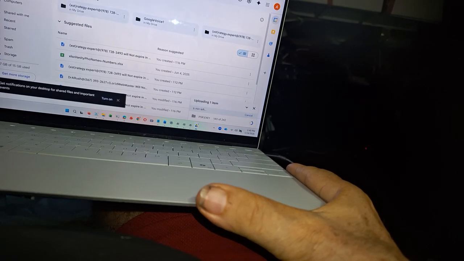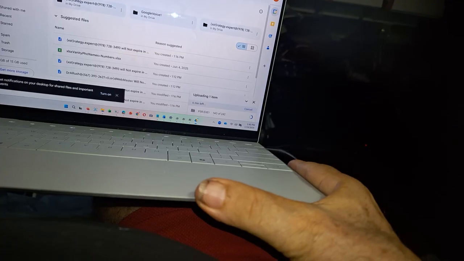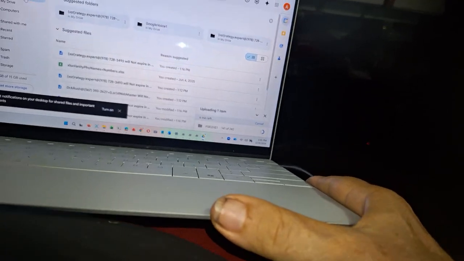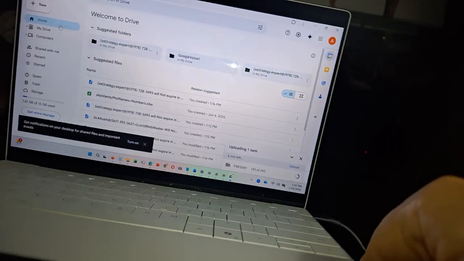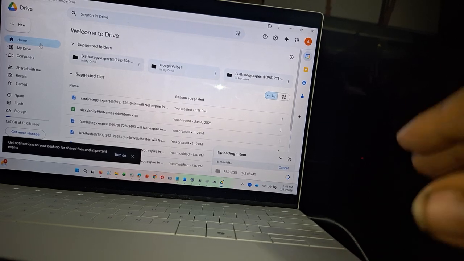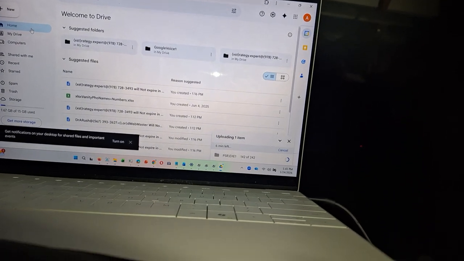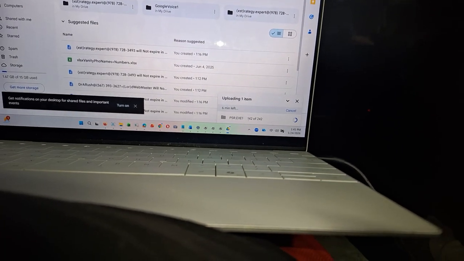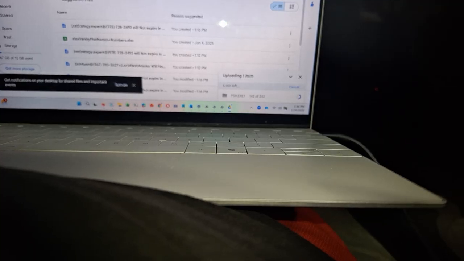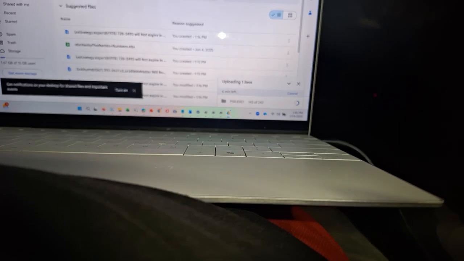I'm going to shut down the recording on my phone, and let Google upload the entire list of folders to the Google Drive. So press the stop button to stop the recording on the